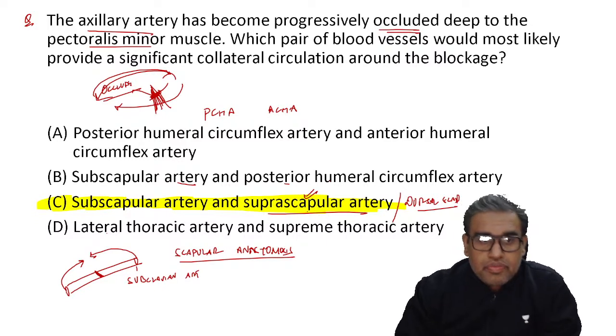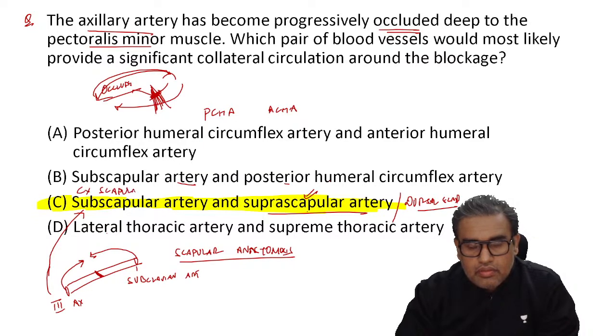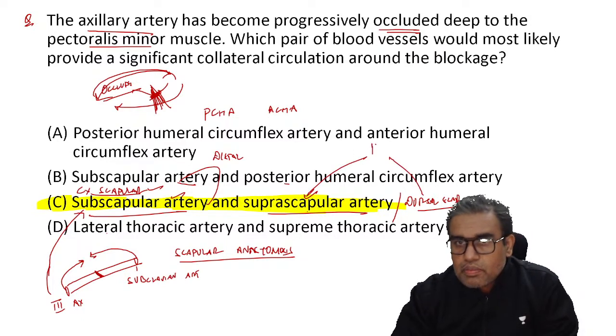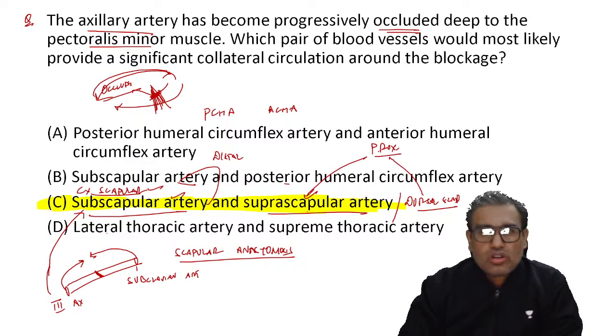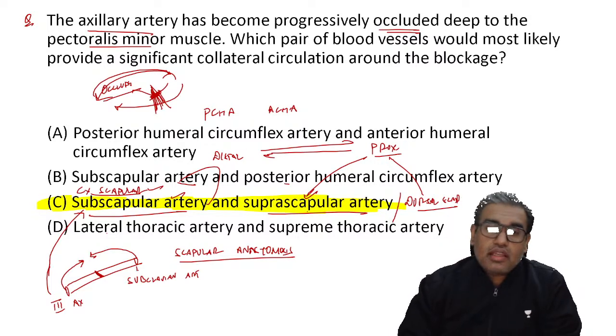And distally, this is the third part of axillary artery, and this gives branches like subscapular, and its branch is circumflex scapular. So circumflex scapular artery and subscapular artery are coming from the distal parts, and suprascapular or dorsal scapular are coming from proximal to the occlusion, and they anastomose with each other, and they bypass this